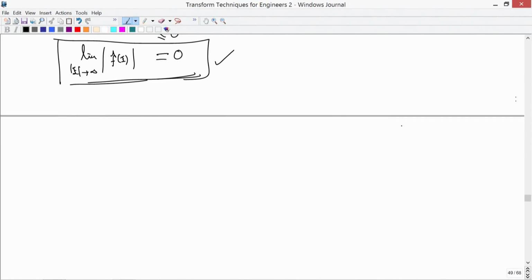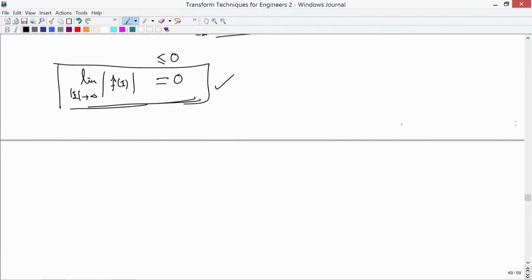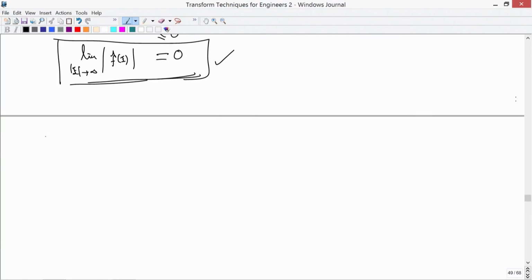We will try to prove one more small property. Before we prove this, I think this is the useful thing. So, let me do this one. So, if f of x is an absolutely integrable function